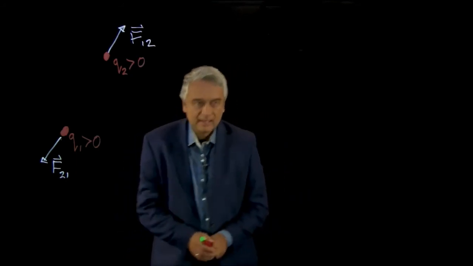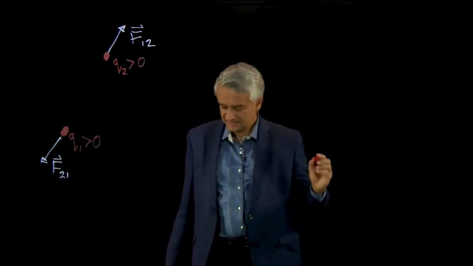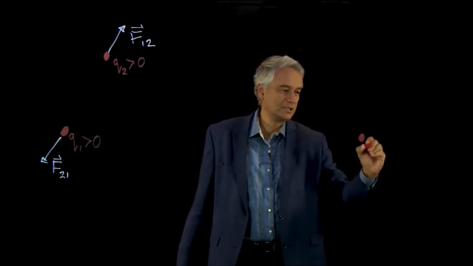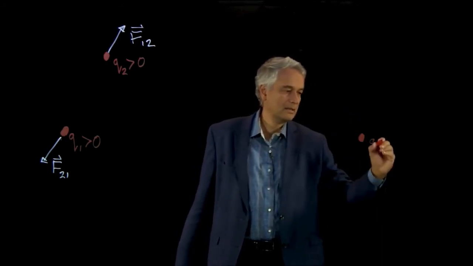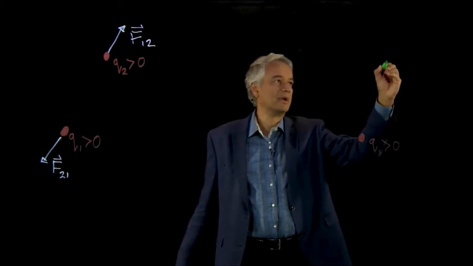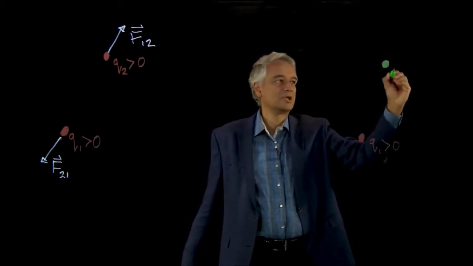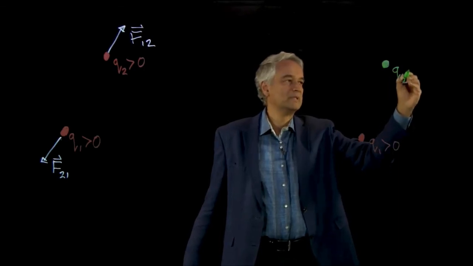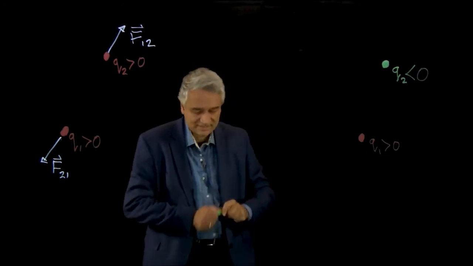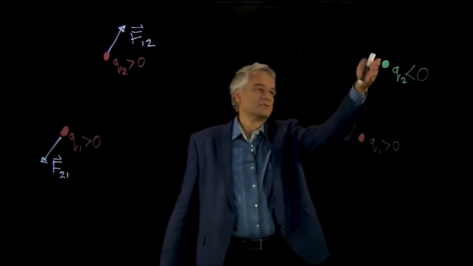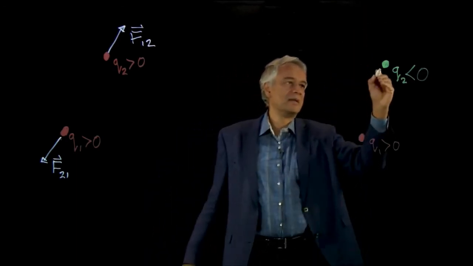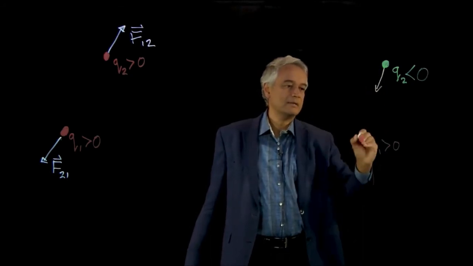Now, in the other possible case, let's suppose that I have a positive object here with a charge Q1, positive. But this time, let's suppose that the other object, which, I don't know, I'll put it right there, has a charge Q2, but this time, this Q2 is negative. So in this case, once again, the force is central. The forces on both these objects point along this line joining the two of them, but this time, the forces point this way.